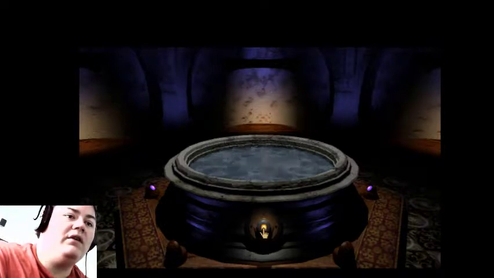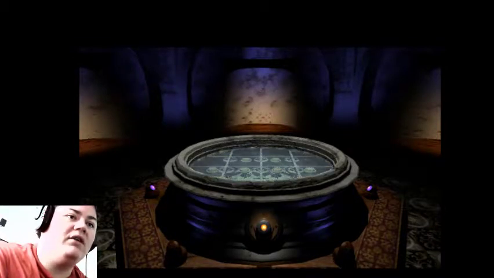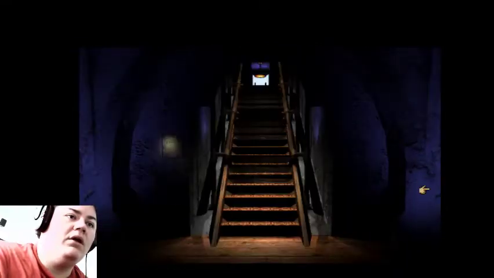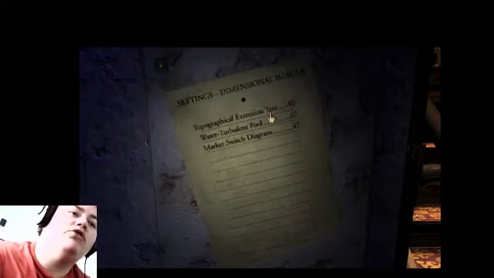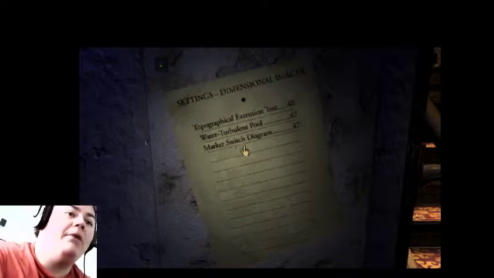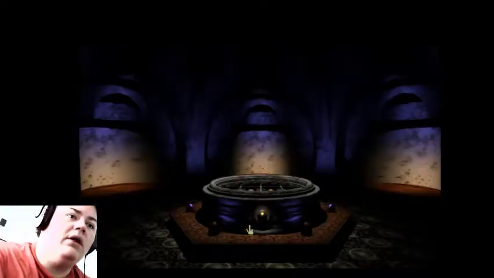And this you can turn on and off. That is off. That is on. Looking around, there's a panel over here. So the topographical, hold on, let me turn down my headphones here a second. The music is really loud. There we go. Topographical extrusion test, the water turbulent pool, which is the one that is currently displaying, and the marker switch diagram. So let's do the marker switch diagram first. So let's change it to 47. And then when we turn it on,